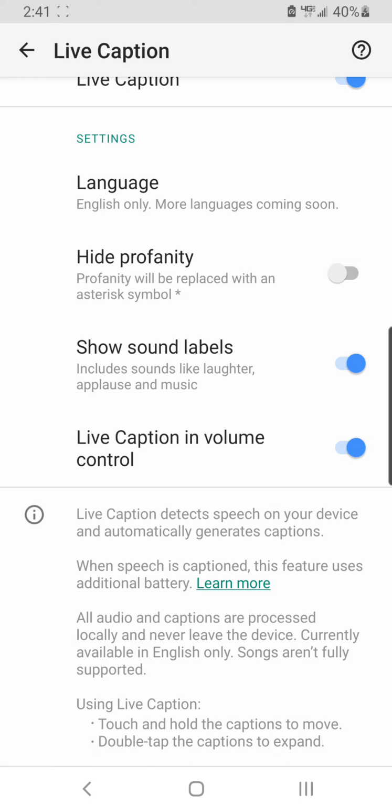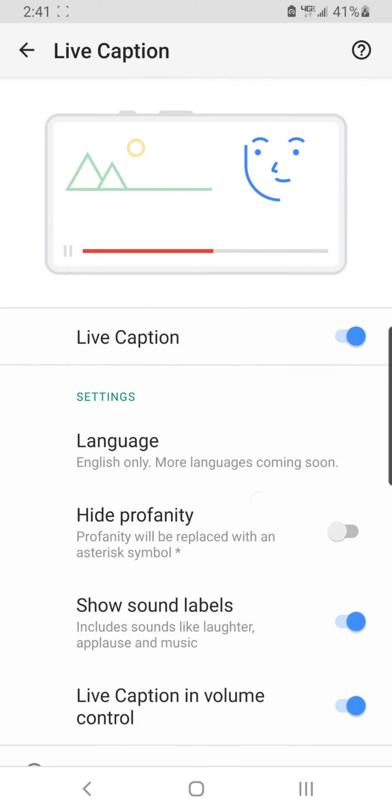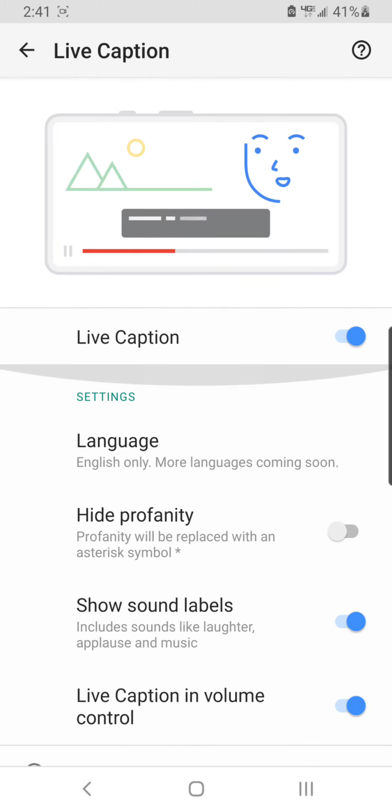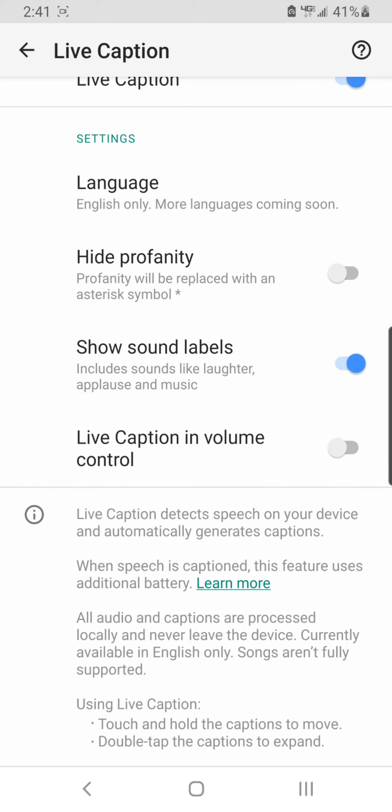And lastly, you have live caption volume control. What that means is that to enable and disable it, there's a shortcut. So if you have this enabled and you tap on the volume button, or you press the volume button on your phone, you'll get this on the top right here. You tap on that little down arrow